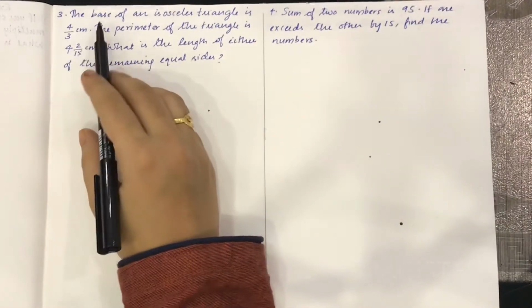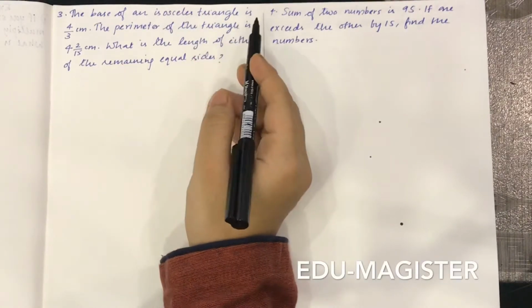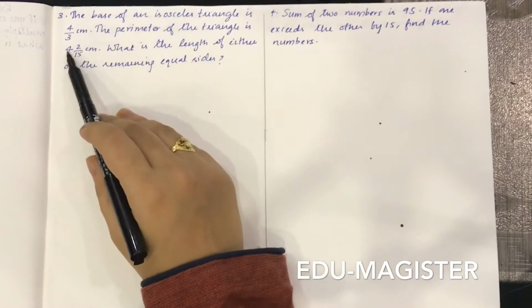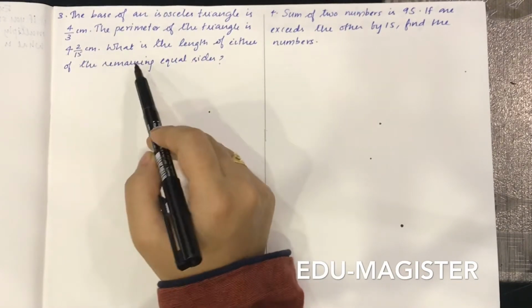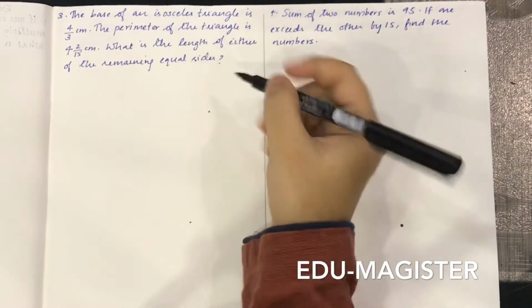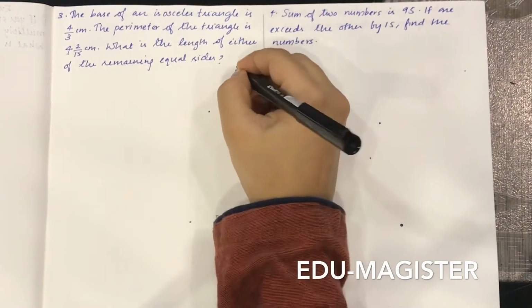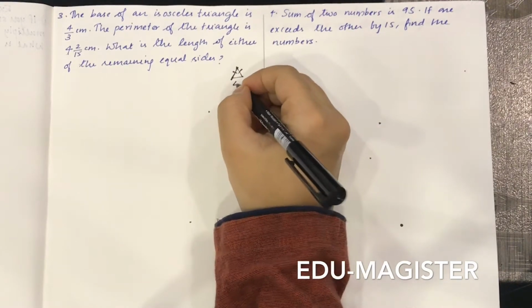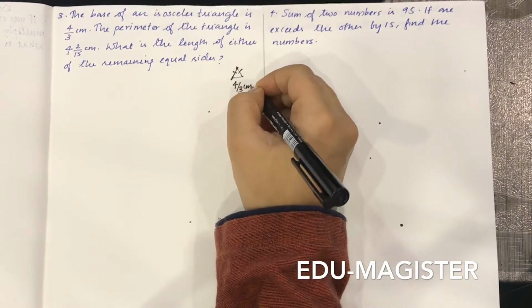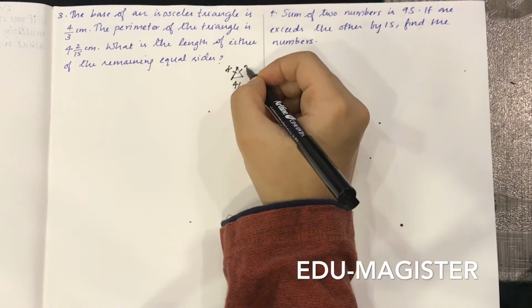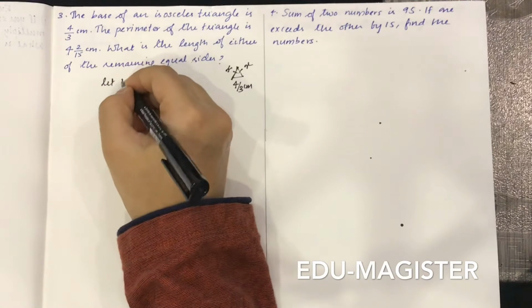Question number 3. The base of an isosceles triangle is 4 by 3 centimeter. The perimeter of the triangle is 4 2 by 15 centimeter. What is the length of either of the remaining equal sides? So an isosceles triangle means two sides are equal and the base is given to be 4 by 3 centimeter. So if you take this unknown side as x, then this is also x. So let x be the